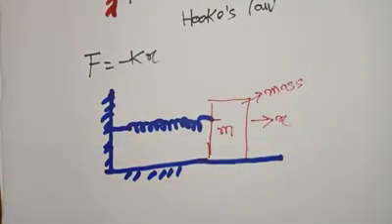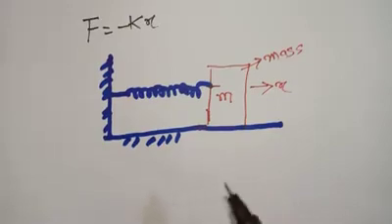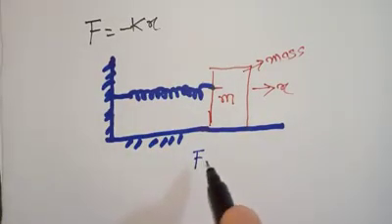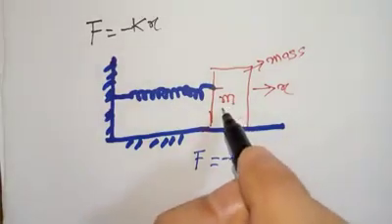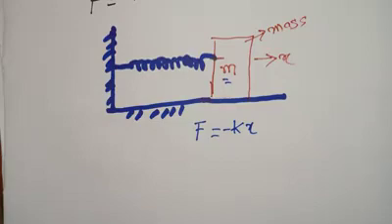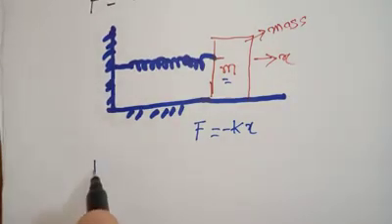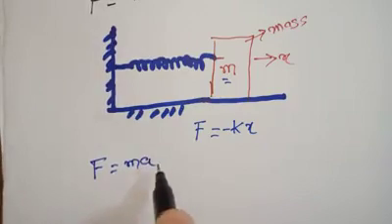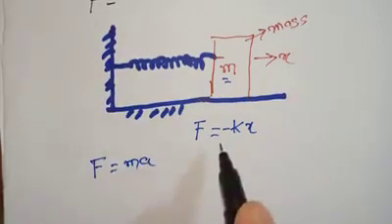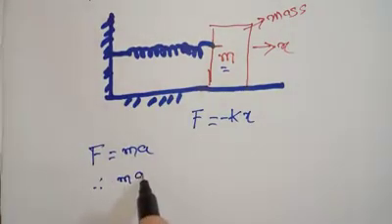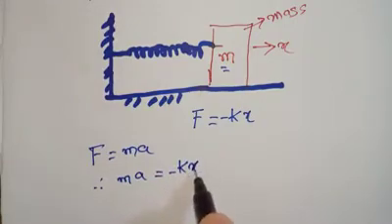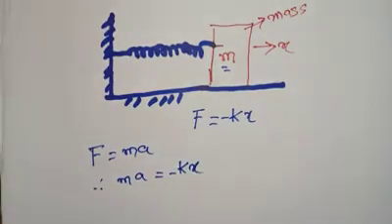So what we find over here is that we know from Hooke's law that force equals minus k times x. That is the constant. So we can write it over here from the previous Hooke's law: F equals minus k times x. Now because there is a mass over here, we can also use Newton's second law, which is the famous F equals ma. Now we have F equals ma and F equals minus kx. So we can put, therefore, ma equals minus kx.